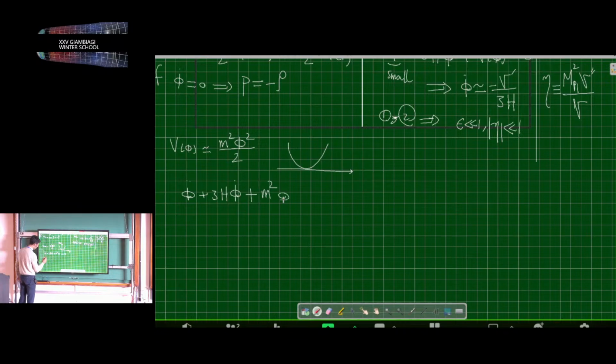If we are in a situation where m squared is much bigger than the Hubble squared, then we will be in an opposite regime to what I talked about before. So instead of neglecting this term, now this is the term that is negligible. And then the solutions that we get for phi will be